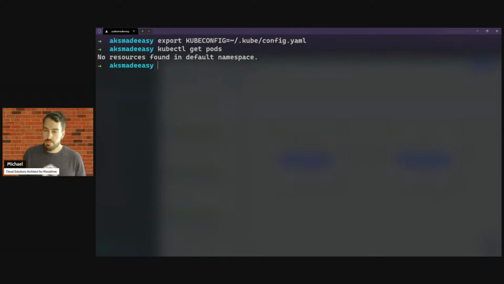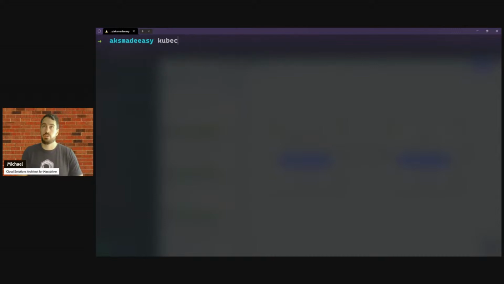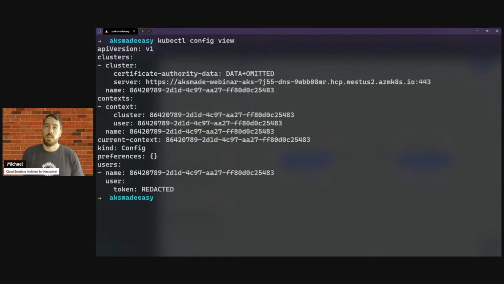There are all sorts of commands that I can run. I'm going to go through a few basic ones and talk about each. So we're just going to go ahead and clear here. I can do kubectl config view. It will show you the cluster that you're managing while redacting your secrets, which is actually pretty nice. So if you're ever not sure of which Kubernetes cluster you're talking to, you can run kubectl config view,